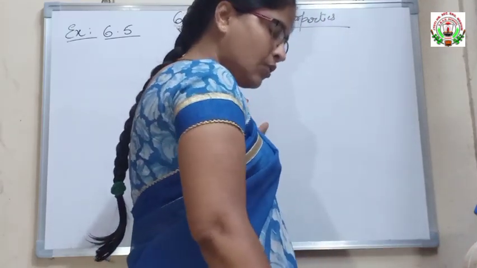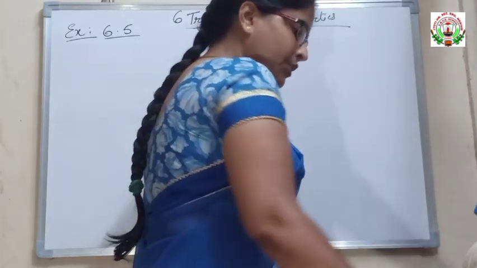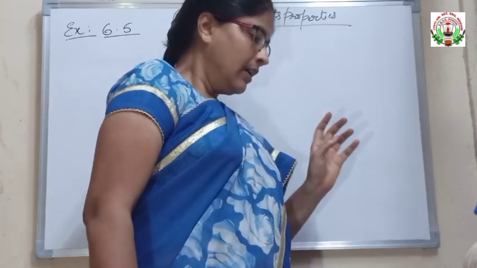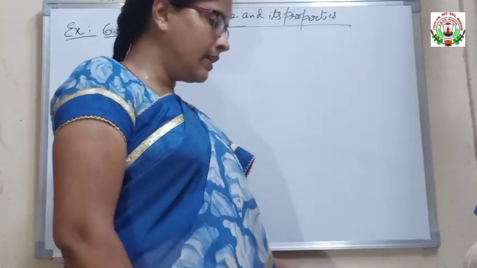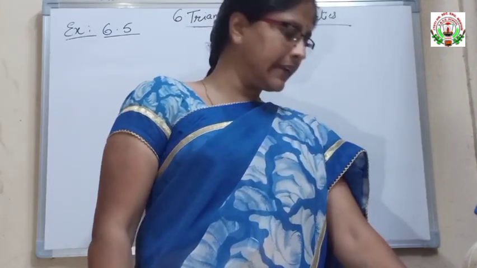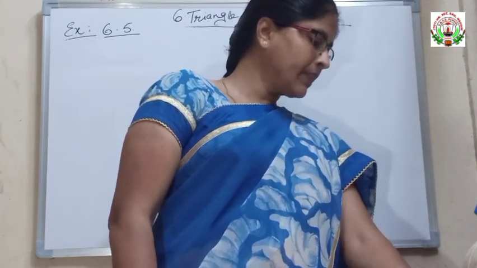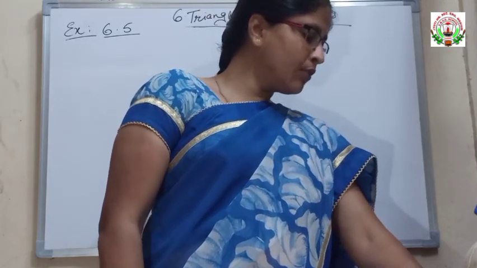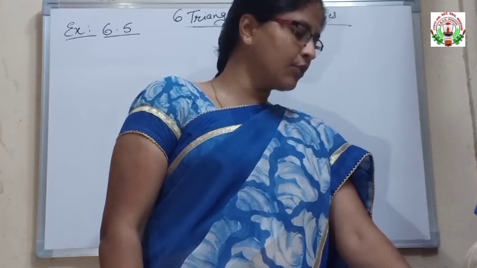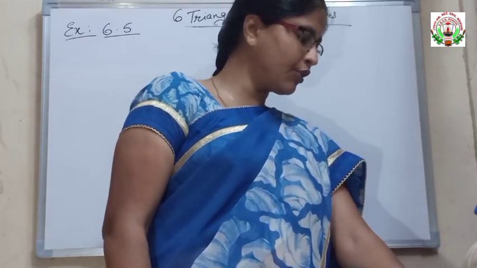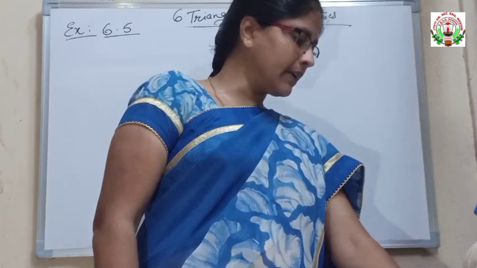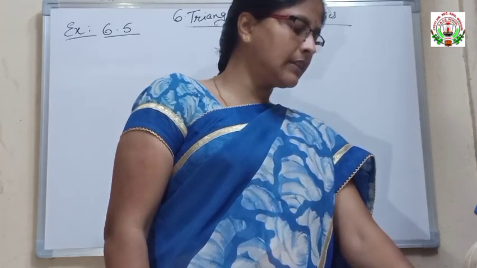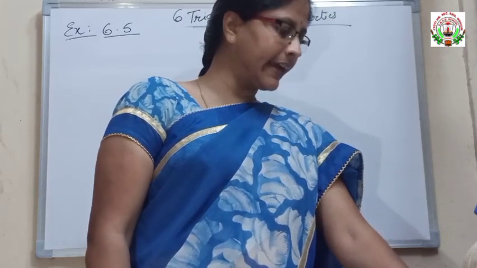So now let us go to the fourth question. Which of the following can be sides of the triangle? They have given three different side measurements in three parts. I am going to solve the first one. You do the other two. I am giving you homework for the fourth question, second part and third part. Let me explain the first part. See, they have given three different measurements. They are asking whether these three measurements form a right angle triangle or not.